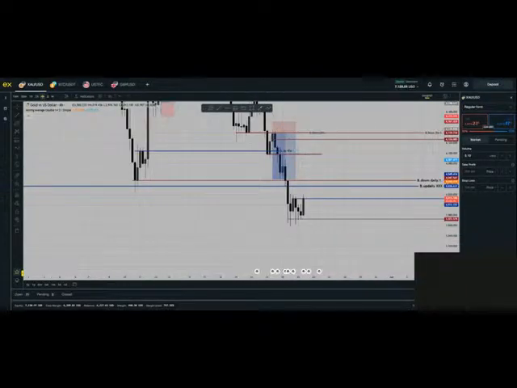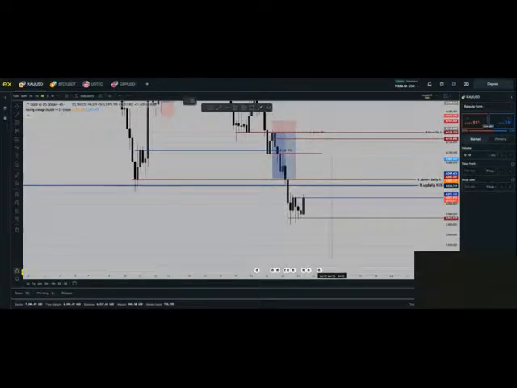So right now I'm not looking for any longs or shorts at the moment, until I get the correction, the break, correct, and continue. Right now, I want a break, I want a correction, and I want the continuation back into this range. And I don't expect price to go beyond this level right here.